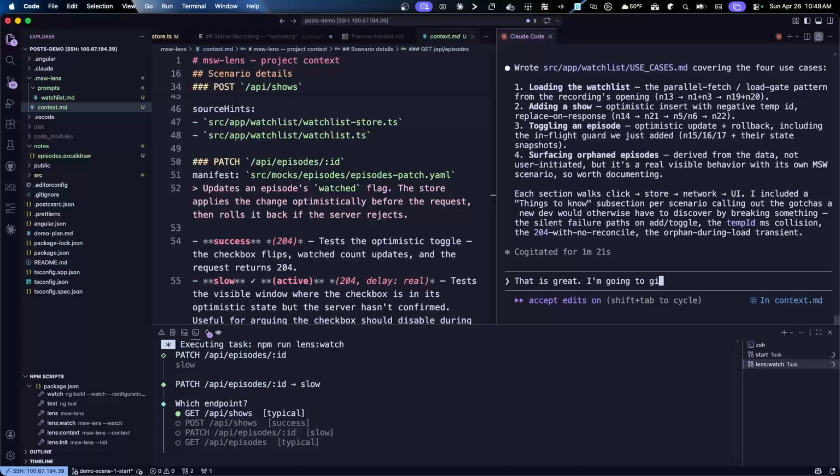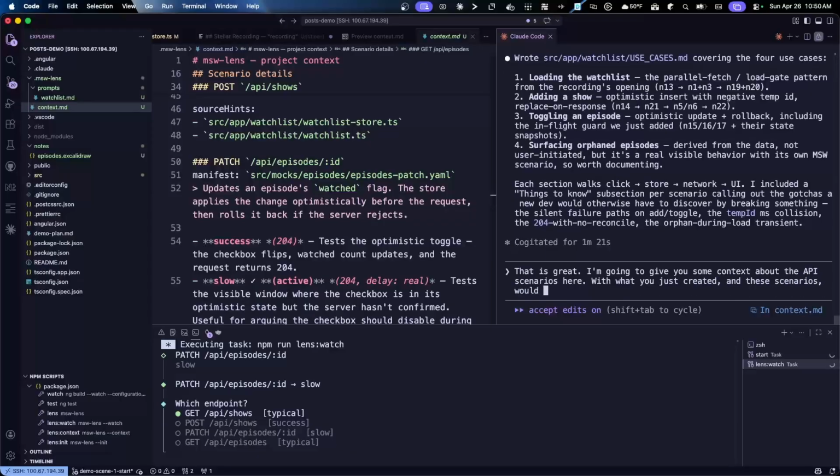I'm going to give you some context about the API scenarios here with what you just created. And these scenarios, would you create another markdown with a rough